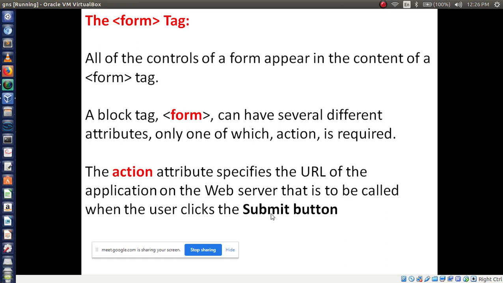After clicking the submit button, it will going to collect your data through the action attribute. So I hope you understood this two tags. Action we have to use inside the form tag only. Okay, while explaining examples you will come to know.